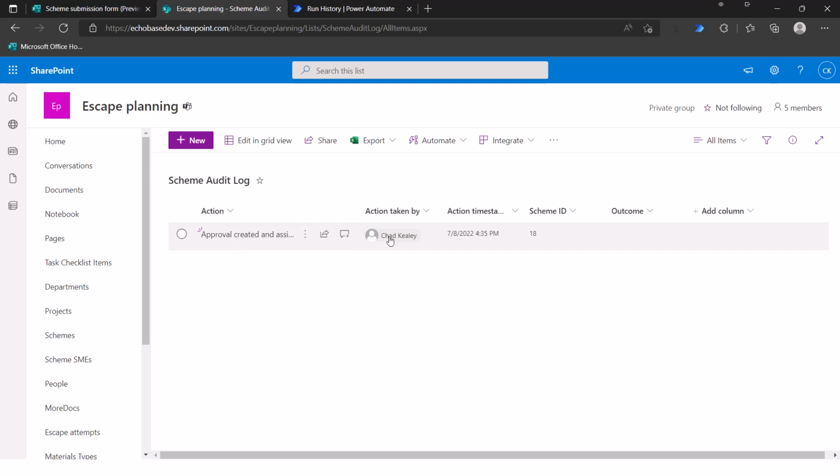It's taken by me because I submitted it, and I don't have in here who it was assigned to. So again, you might want to factor that in. I probably should have, but I didn't. So now I'm going to go over to another browser where I'm signed in as Andrew, who is the SME for escapes, and I can see that he has an approval needed for scheme balloon flight test, and he is going to approve that, submit it,